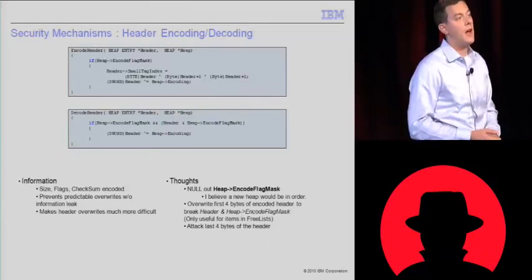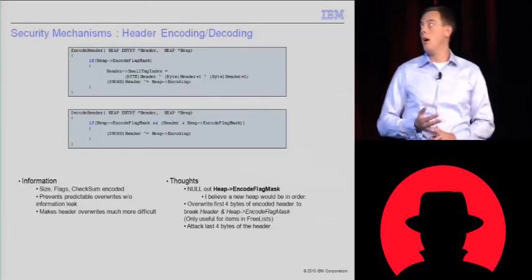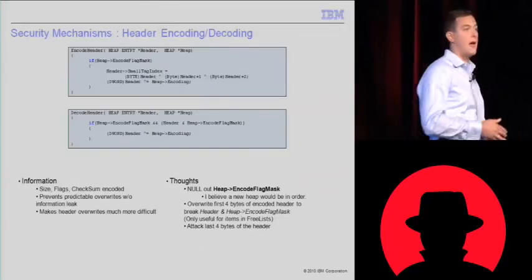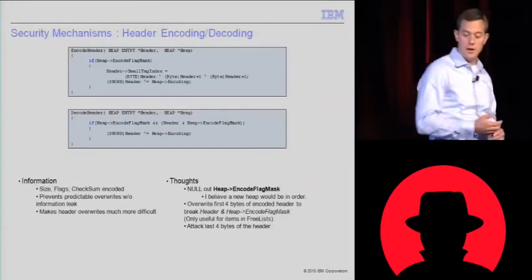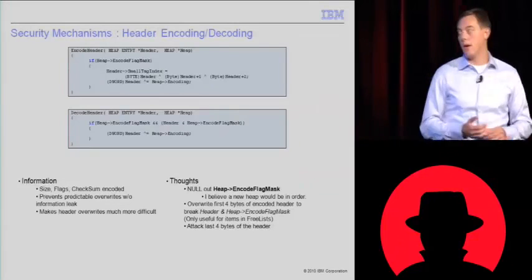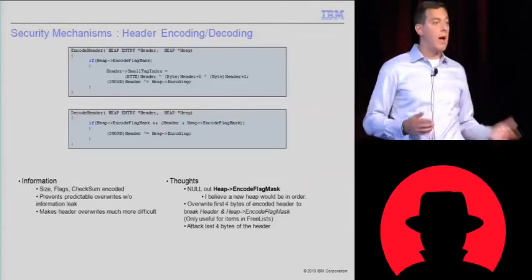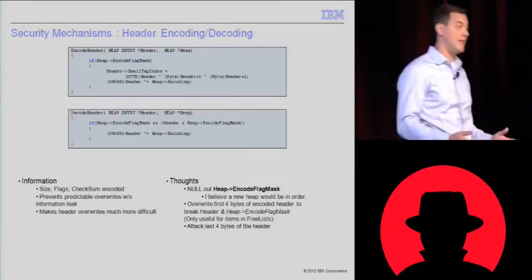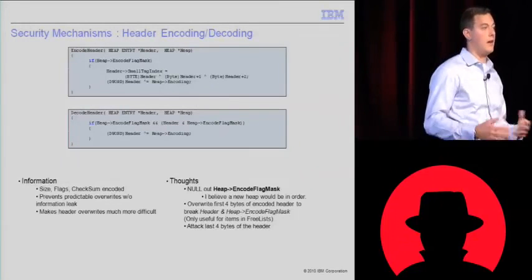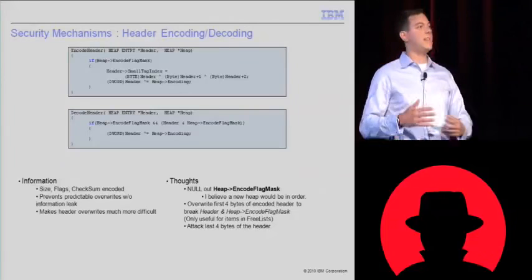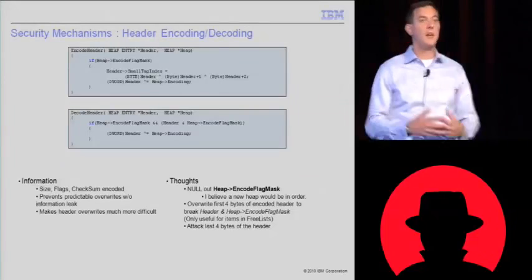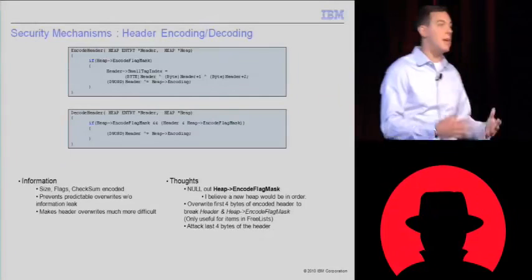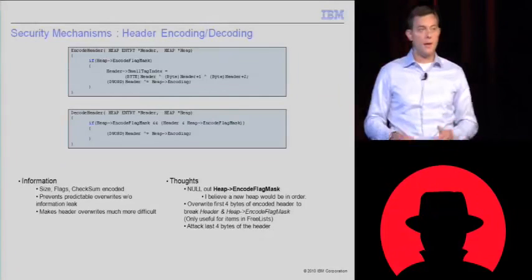The second being, you see how it does an AND, or it ensures the encode flag mask is non-null. This encode flag mask is set in the heap create function, but theoretically you could null it out. And if you null it out, that means this heap will no longer do encoding or decoding. The only problem with this is if you do this to a heap that has already been encoding chunks, the sizes of these things and the checksum will be all munged because they were already encoded, and if it treats them as unencoded, they're going to be way off. Maybe you could create a new heap with this value and then do your size overwrites, but again,